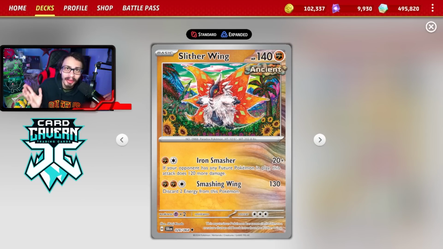With the rise in popularity of Iron Thorns EX, Slither Wing actually ends up being really useful in this deck. Now, I think Ancient Box is already okay into Quad Thorns and even decent into Miraidon, but the Slither Wing makes those matchups even better because this attack, Iron Smasher, does 140 damage if your opponent has any future Pokemon in play. So if you're playing against Quad Thorns, this Pokemon literally one-shots all their Iron Thorns. If you're playing against Miraidon and they happen to put Iron Hands in play, Slither Wing ends up being really